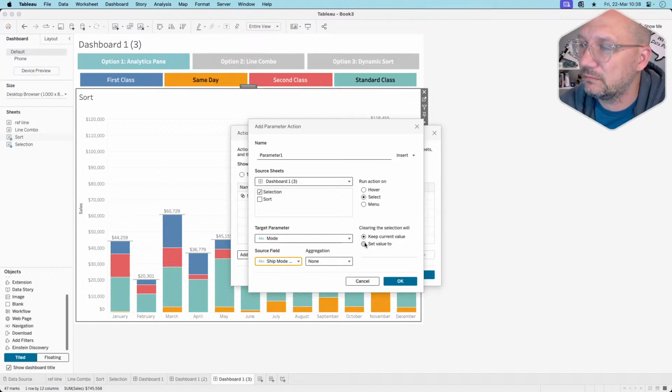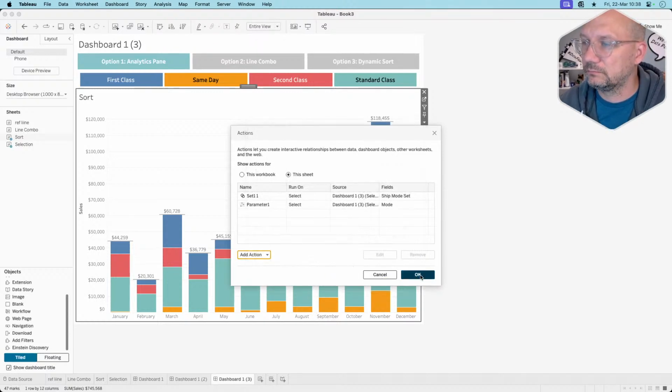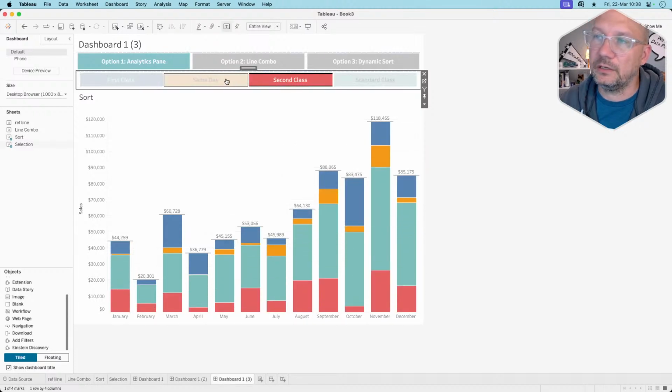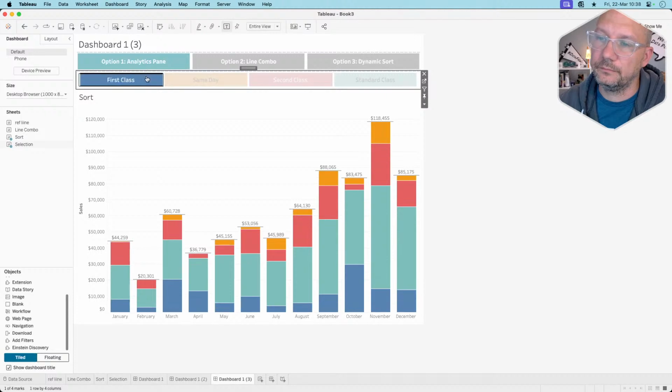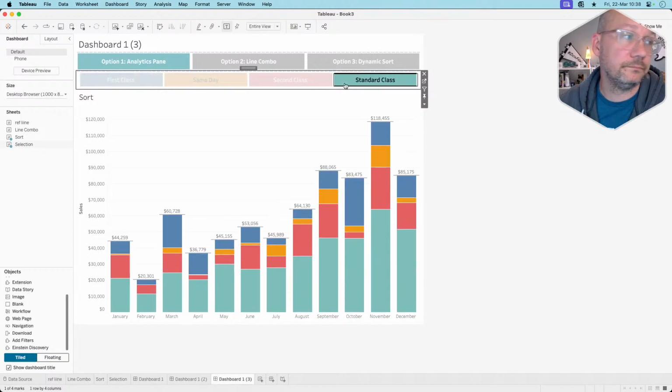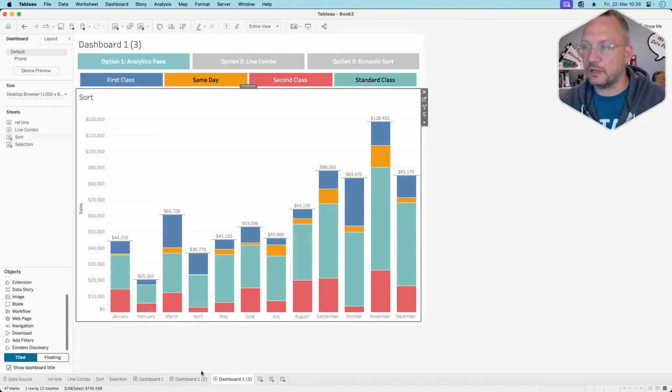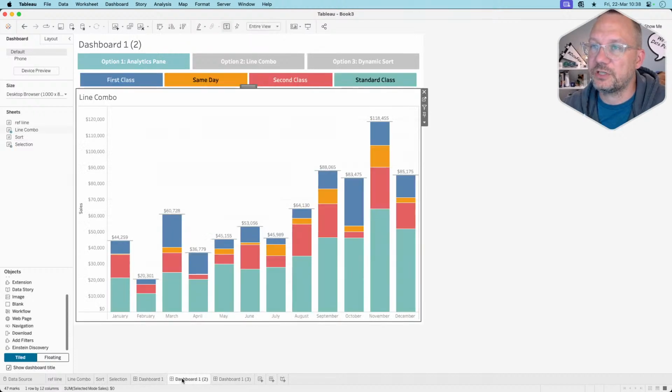I think I'll just, or I'll set the value to, yeah, keep the current value. That's good. And there you go. See that? So there you go. So there's all three options. Now we'll finish out updating or formatting these buttons here,